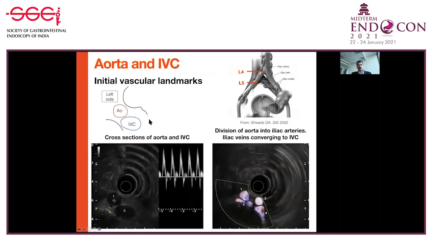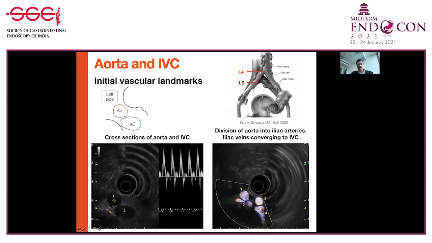Now, as I have mentioned before, once you are up at 25 to 30 centimeters and you start to withdraw, the first landmarks that you see are the vascular landmarks, and these are to be identified to orient yourself. So you can see the cross sections of the aorta and the IVC. This is the aorta, to the left of the image, as I'm imaging in the normal orientation, and the cava on the right side of the screen, and this is the sacral brim or the pelvic brim. And please remember that the aorta divides at the left side of the L4 vertebra, and the cava divides on the right side of the L5 vertebra.